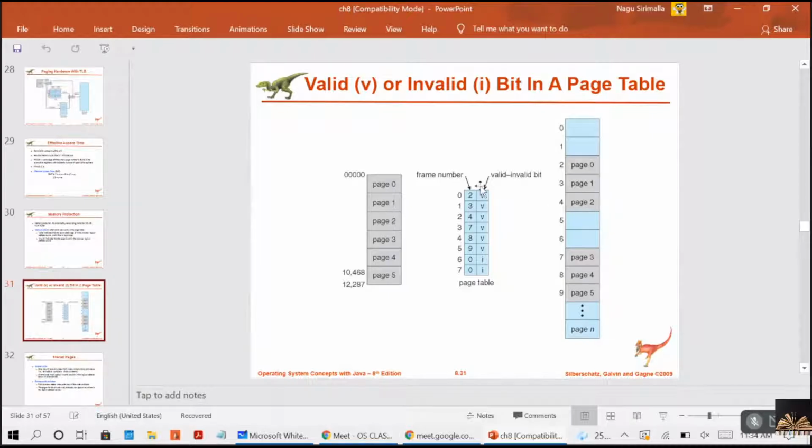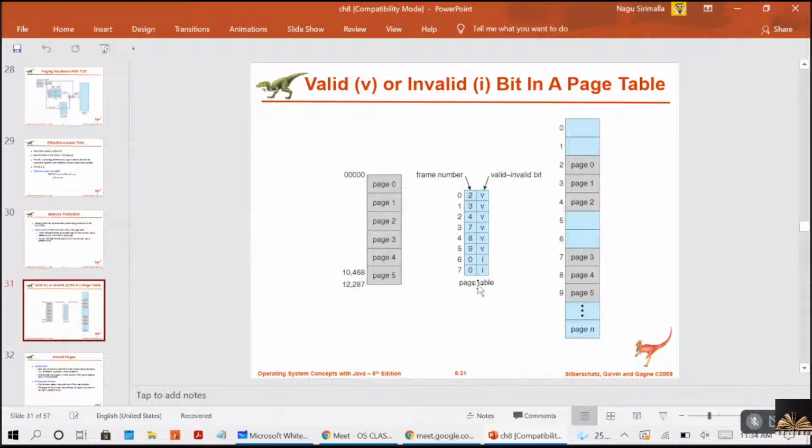Pages 6 and 7 are not related to this process, so those 2 page numbers are kept as invalid. The associated frame numbers are not mentioned here.